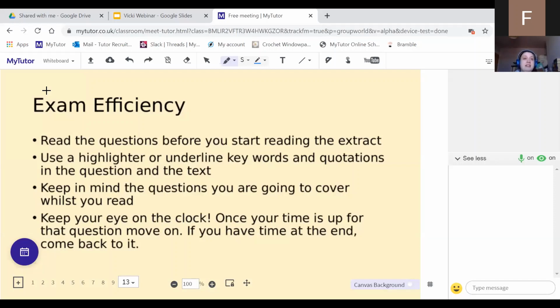If you've got time at the end to come back to it, if you think there's more that you could say, do. But equally, if you've got time at the end and think, I can't write as well as everything that I've already written, it's not going to be of the same standard, don't write about anything else. If you think you've already done a good job, just because you've got extra time, don't feel that you've got to spend that time writing on a question that you think you've already done pretty well,